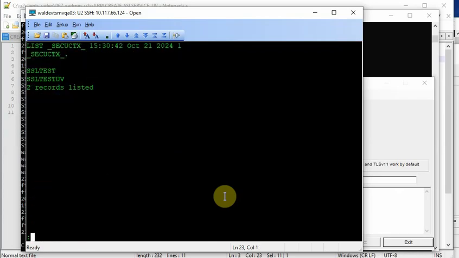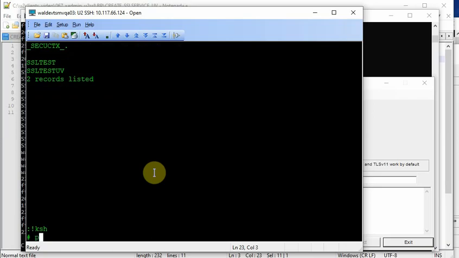So you will see the SSL test SCR. I do the same thing using the universe self-signed certificate and create the SSL test UVSCR. So it just tries to prove it. The UniData and Universe self-signed certificate creation is completely the same. So after I create it, the next step is to make sure